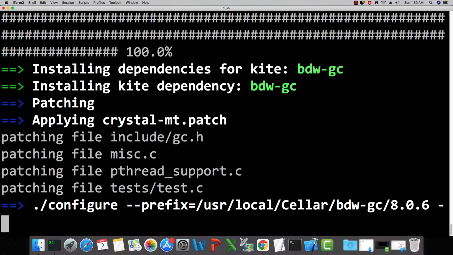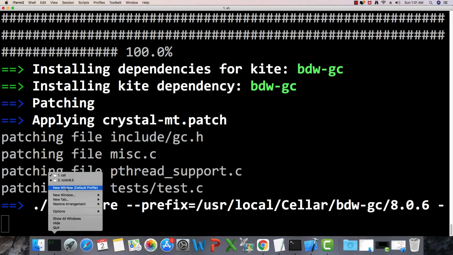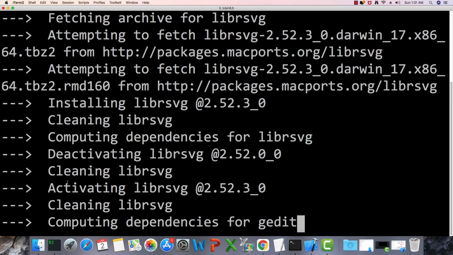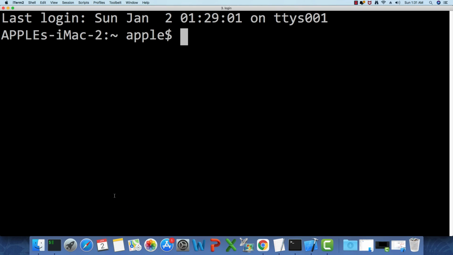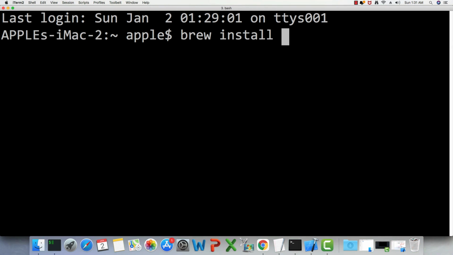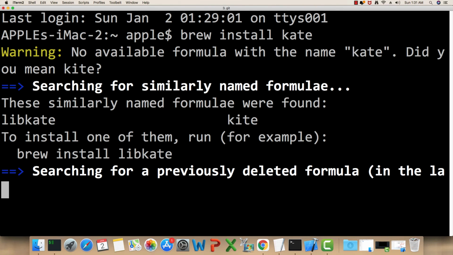Let us see how long it takes. It will take quite a while actually. And new window default. I will also install Kate. Brew install Kate. So this is also a very famous editor. Let us see if we can install these using port or using Brew.